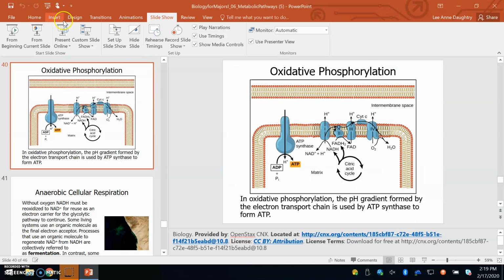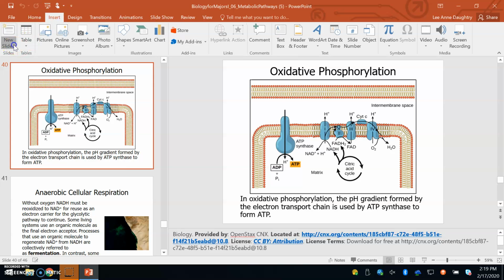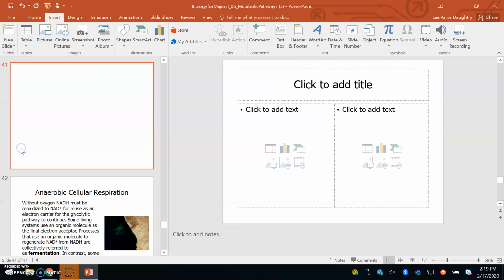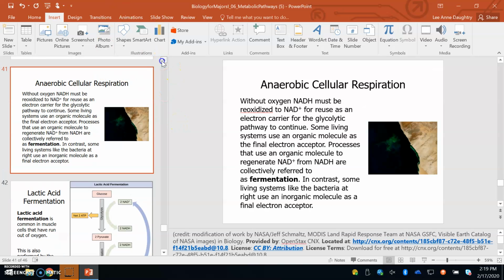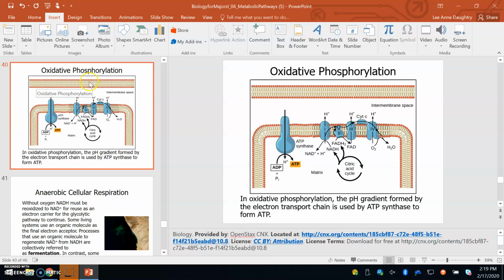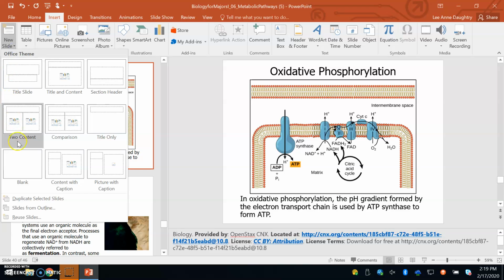So I'm going to add a slide. Before we go to anaerobic respiration, what I want to do is show you the overall